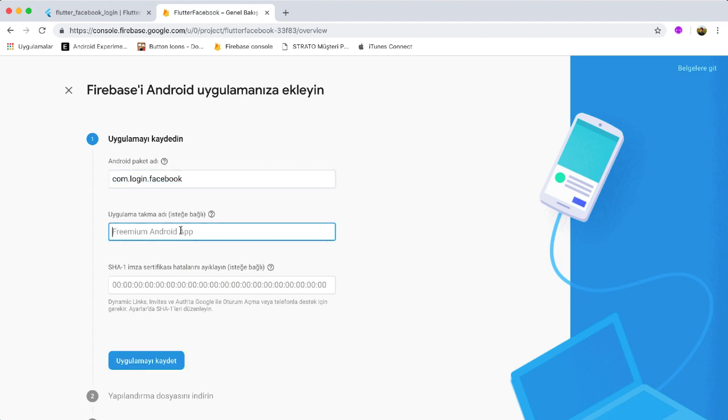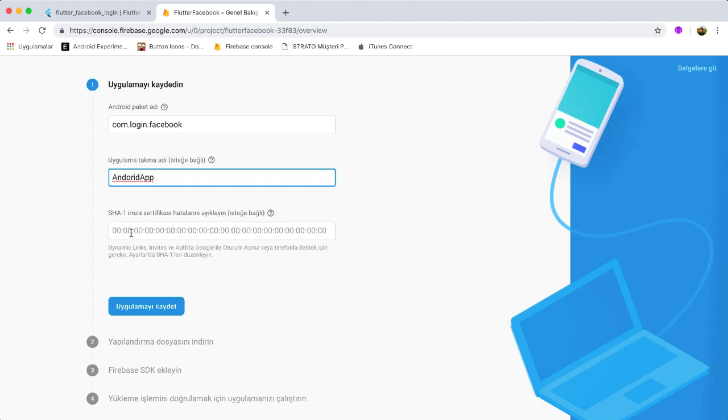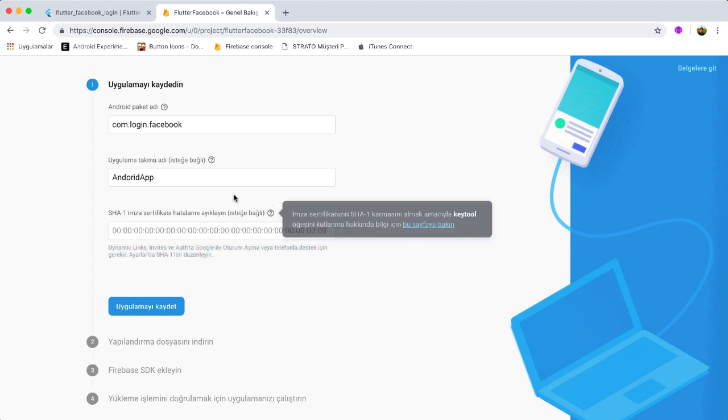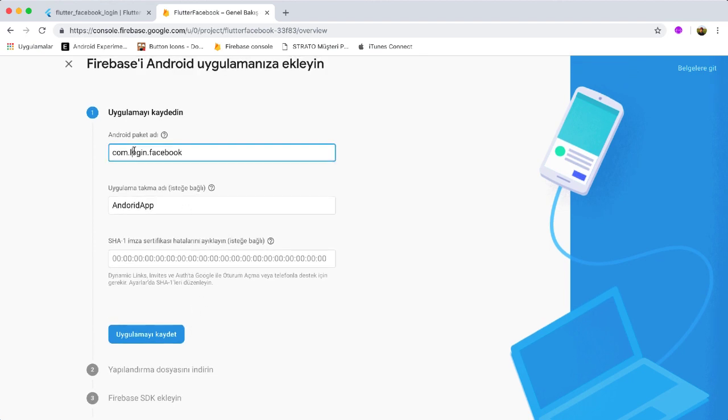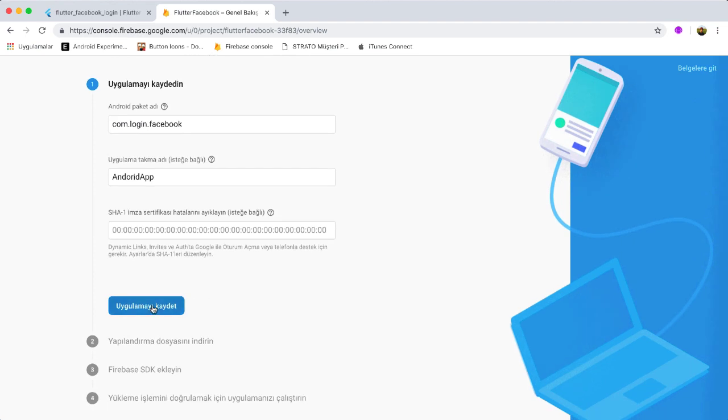I add it, and Android app. We will use this after, because we will use Auth when we use it with Google. If not, we don't have to use this, so we won't use this, because we will log in only with Facebook. I say save my application,